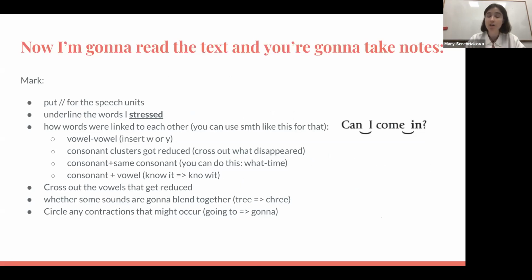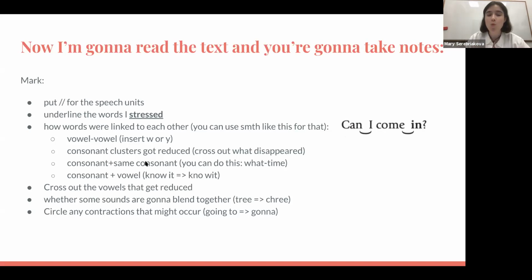I want you to put these little slashes to mark the speech units. I want you to underline the words that I stressed. And I want you to notice how words got linked to each other, okay? When it's a vowel getting linked, I want you to insert a w or a y. You can actually write it between the words. You can show something like this for linking. I want you to cross out the stuff that I didn't say in the consonant clusters,